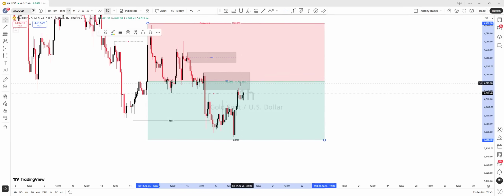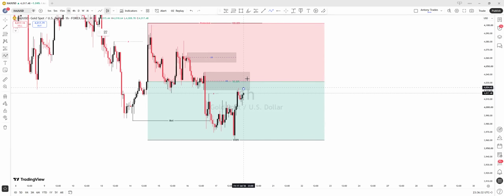Since after that, if the market gives us a 15 minutes change of character or that M formation, this is what we mean. If we get this M formation inside this zone, either this zone or this zone, we'll be looking for that selling opportunity on gold. Okay. Also, don't forget that